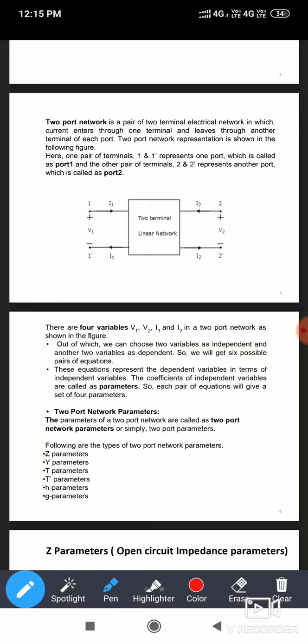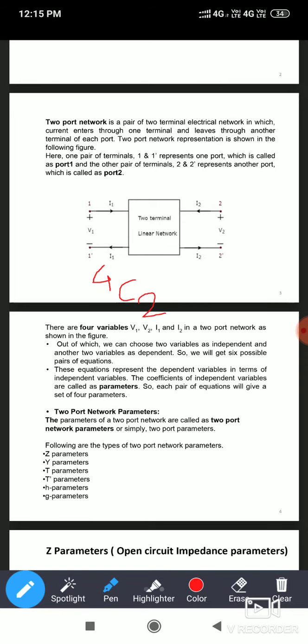So out of these four variables, you have to take any two variables as independent variables, while the other two variables will be considered as dependent variables. जर असं घेतलं तर किती पॅरामीटर्स किंवा किती कॉम्बिनेशन तयार होतील. सो दॅट वी कॅन कॅल्क्युलेट विथ द हेल्प ऑफ combination.